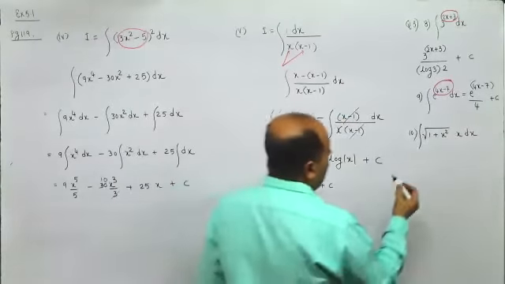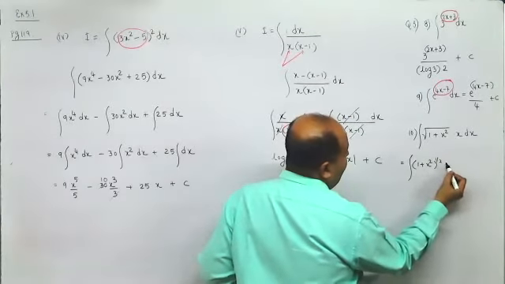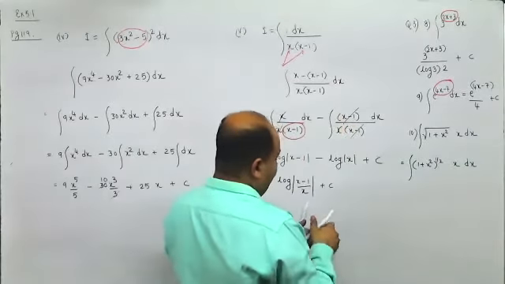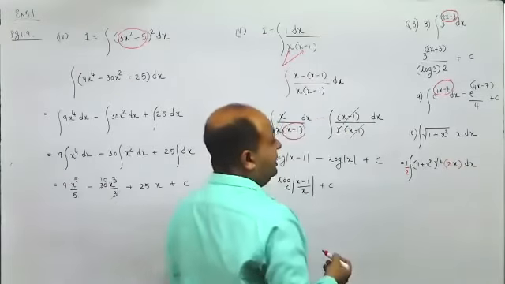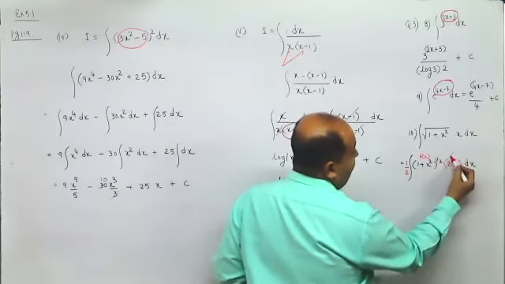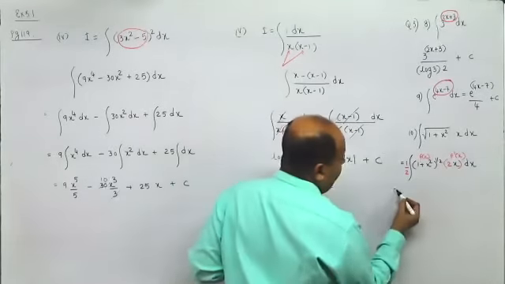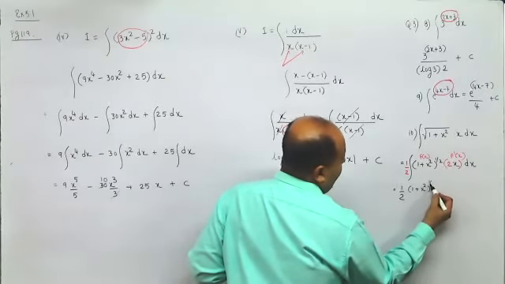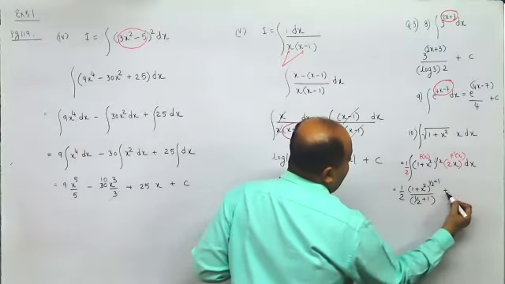You will get root of, you will get here 1 plus x square raised to half, and here you will get x. I can multiply and divide this with 2. So I would be getting here 1 upon 2, and this would be 2x. Now this is the function raised to n, and this is f dash x. So I can write this as half, x raised to n plus 1 upon n plus 1, and here plus c.